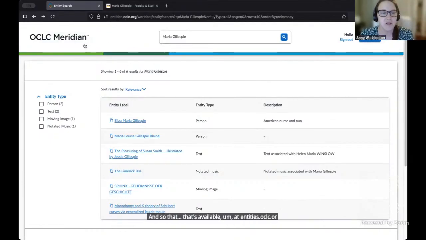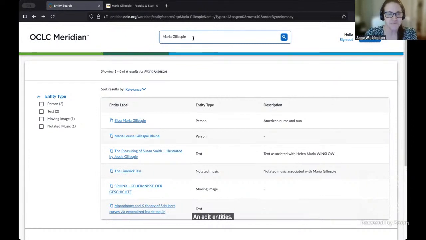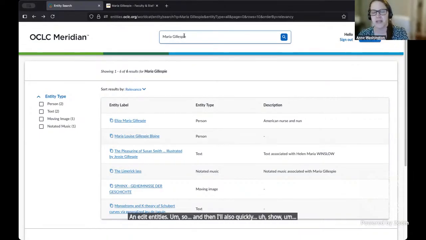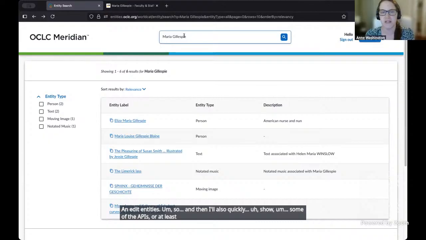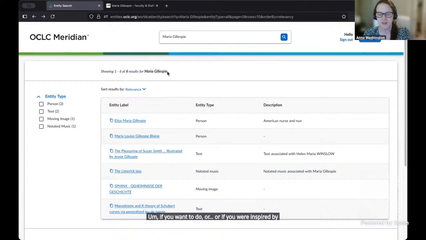I've actually logged in already to Meridian, and that's the application that allows users to create and edit entities. Then I'll also quickly show a couple ways that you can get at entity data, if you're inspired by Hugh and Amy's presentation and want to take a look at what we have available.